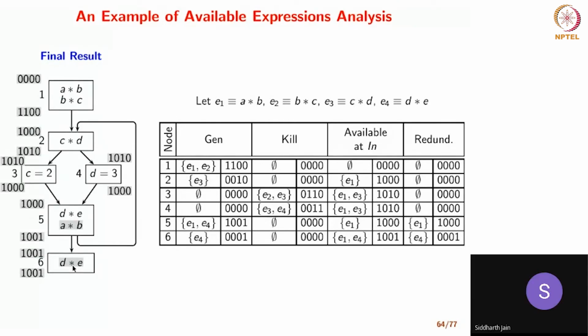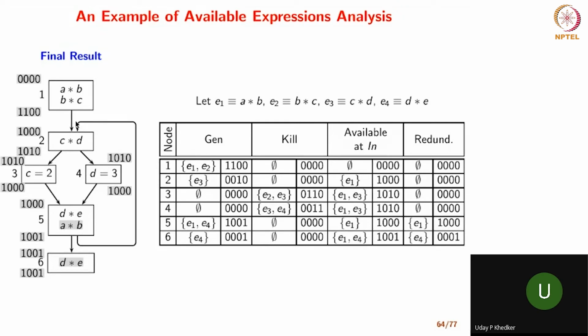So, just clarification. Initially we start with all expressions as available, right? Yes. Oh, okay. Because if we say all expressions are not available, if we make 0, 0 here, then we will never get anything available here. So which means that if we say all 0, 0 here, we will end up saying that A star B is not available. So A star B will not be available here, which is wrong.